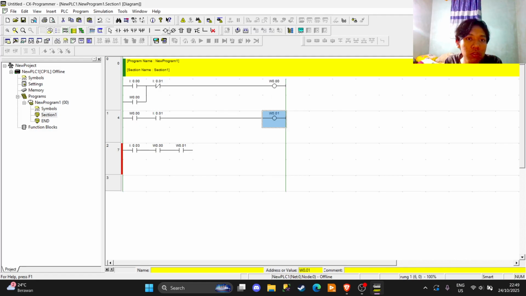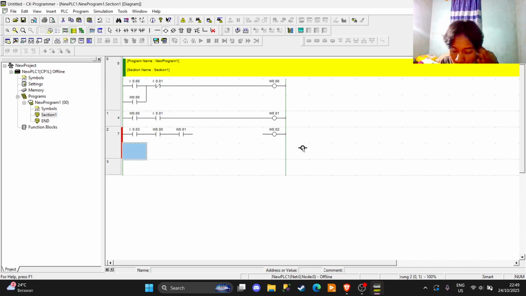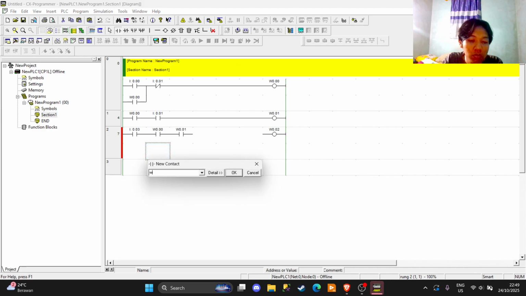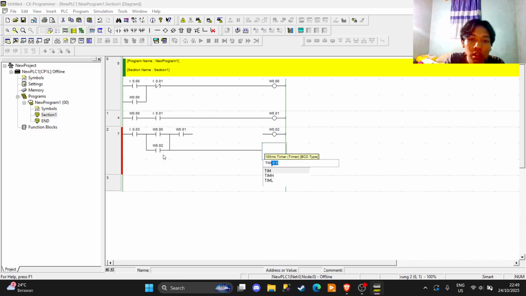And then this is the W002, and then here we put V002. It's like the same make: timer with the address 000, and then the value is like 50.